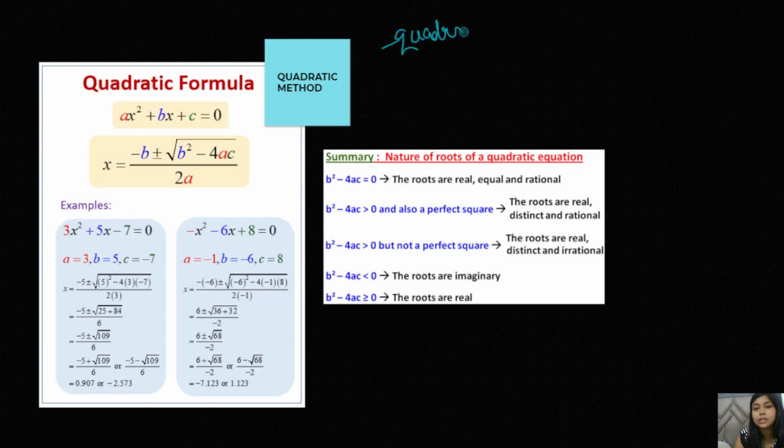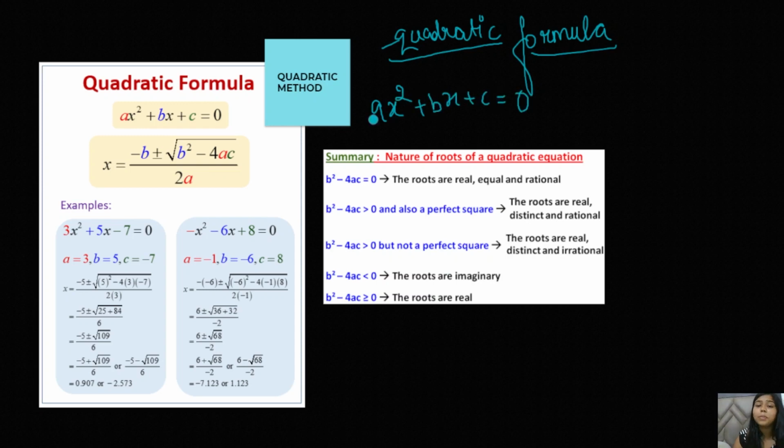Now look at the last method, the quadratic formula method. This method is the easiest method I know. For many people this is not the easiest method, but it is. It has a long formula, which is why people think it is not easy, but once you learn that formula, middle term splitting becomes difficult and the quadratic formula becomes very easy. Instead of middle term splitting, you will use the quadratic formula once you learn it. So the formula is, this is the standard equation.